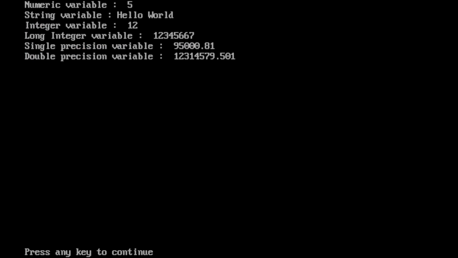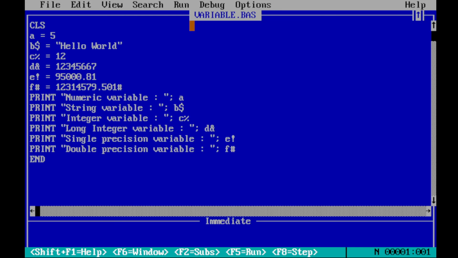You can see the output over here, and to exit this screen you have to press any key on the keyboard. After that, you can see other variables also. There is D, and we have assigned it over here, and we have used the same name and data type expression over here in the print also. You can check other variables also, whether they are different or not, and you can check the output by yourself.